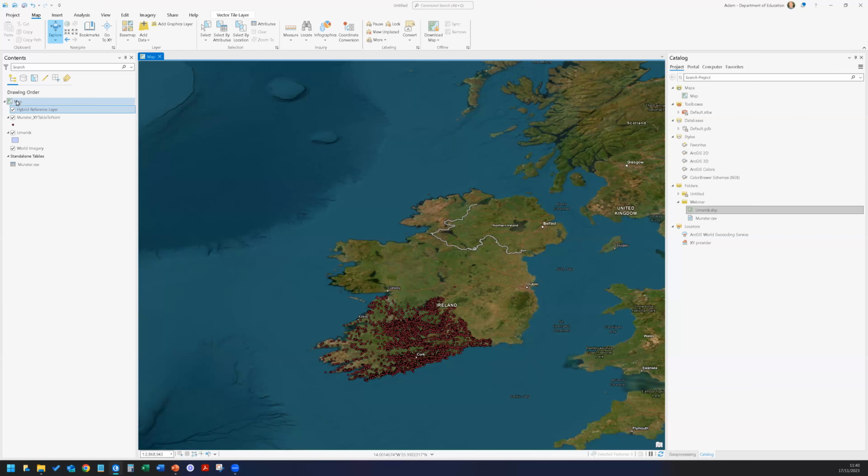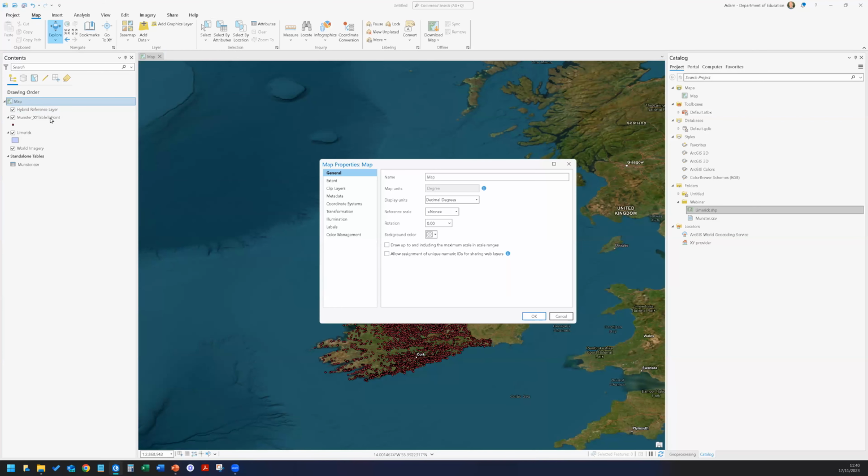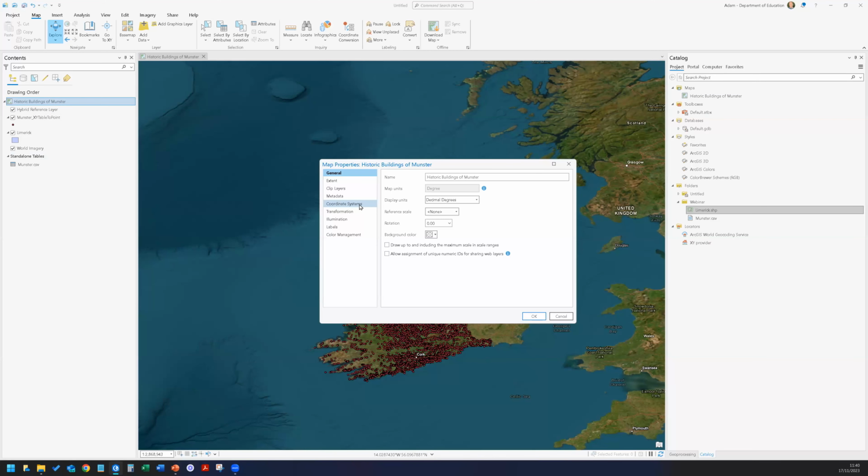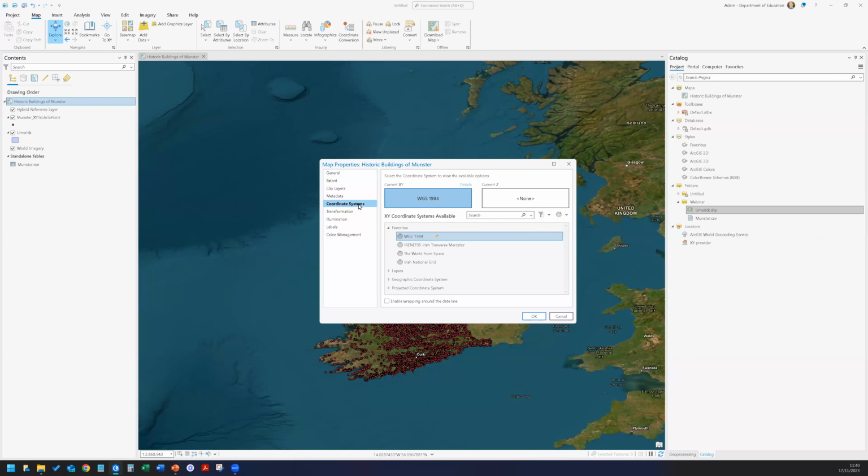If I want to come in, all my map properties are in this map tab here. I can double left click, and this is where I set, general. I can say this is actually historic buildings of Munster. Once I right click that, my map on the right hand side changes. I can come back in here and I can say coordinate systems. And one of the interesting things about this is that, okay, I have a few favorites set up here, but let's say it was something else like Irish National Grid. There's also a search tool, which is very handy for finding out Irish National Grid, as opposed to going in